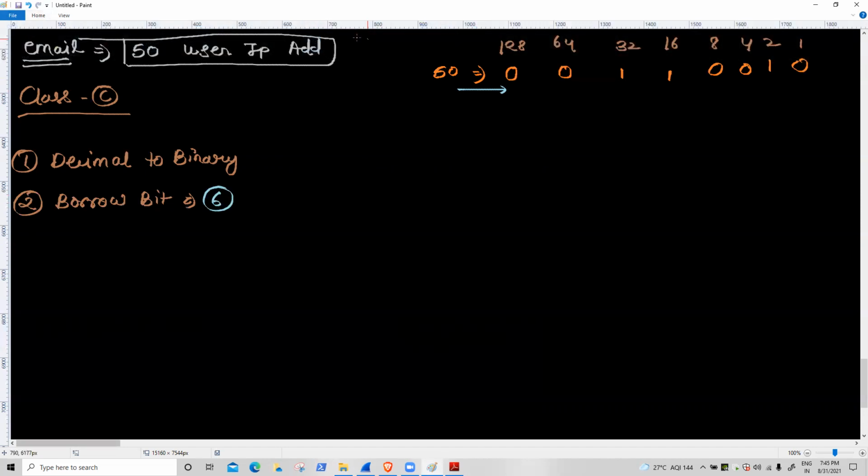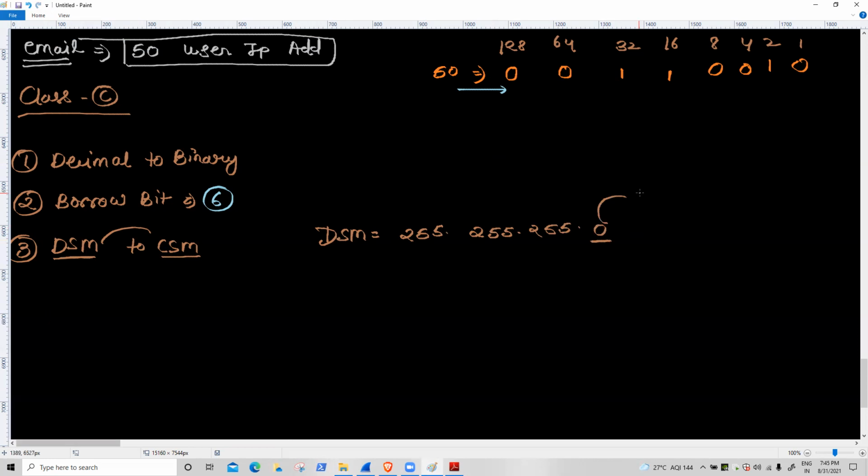Third task is DSM to CSM, because right now in the default subnet mask, I'm just getting a wastage of IP addresses, 256 addresses. Yes or no? So we need to convert DSM to CSM. Class C default subnet mask is 255.255.255.0.